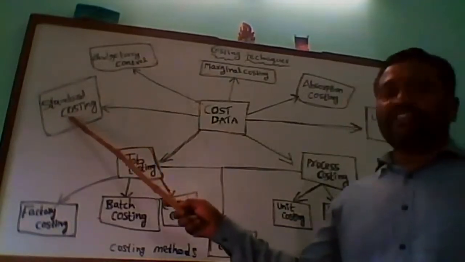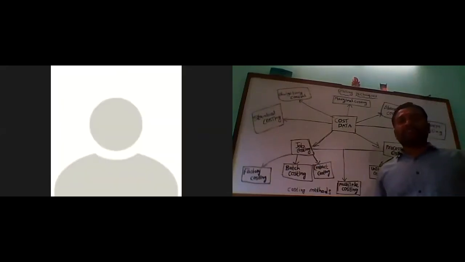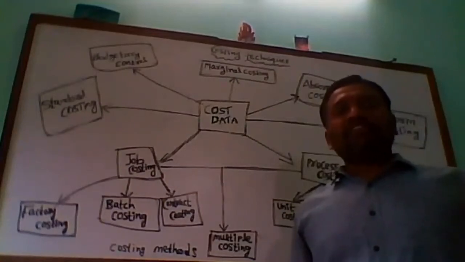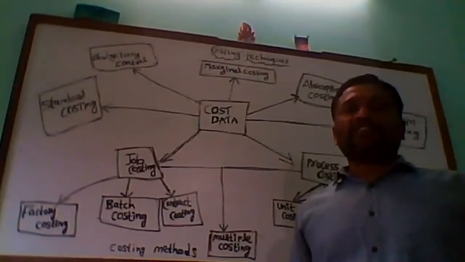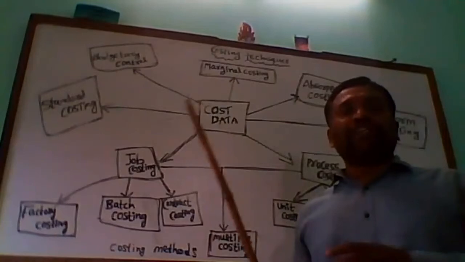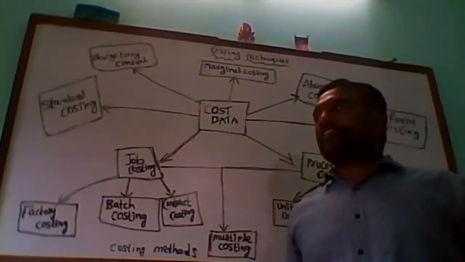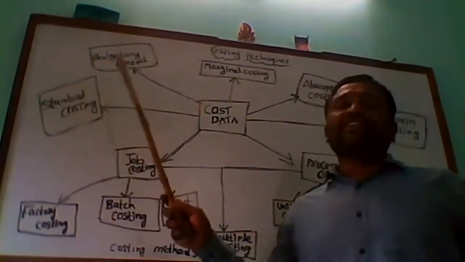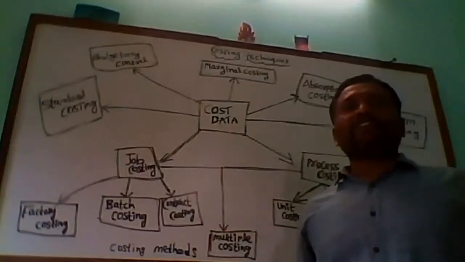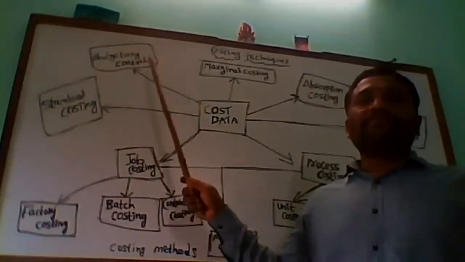And this we are calling here standard costing. Standard costing means they compare the actual with what they estimated. In every firm, organization or industry, first they estimate what cost is going to be incurred, and then we compare it with the actuals. So that we call standard costing. And one more is budgetary control. To make cost accounting controlled, they use these two techniques. The other one we call budgetary control.